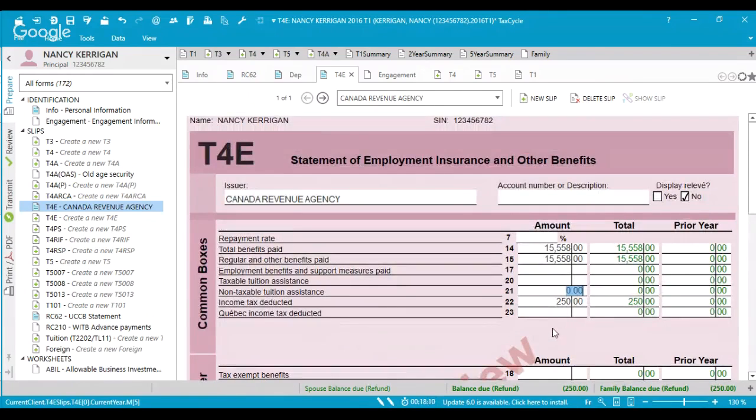Okay. So I think we've got everything for that slip. We can move on to the next slip now. Our next slip is the tuition slip. It's the